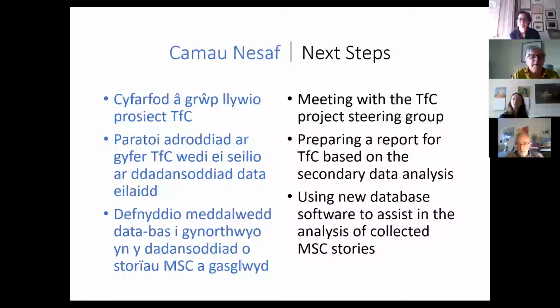I'll of course share a report with the project team of the secondary data analysis, its methods and findings that can be used in the future. And I also just wanted to mention, although not directly related to my work, that I know the project team looking at this area in Pembrokeshire has just purchased a new piece of software which will help them to collate and hopefully also analyse most significant change stories in the future. And this dovetails rather nicely with the secondary data analysis, where one of the key outputs is having a draft coding framework that they can continue to build on and develop over time as they analyse stories into the future.